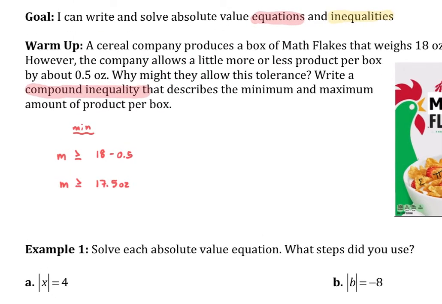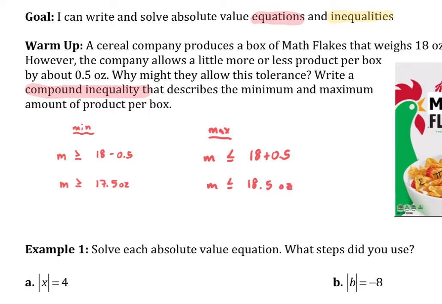Now, what about the maximum? Maximum is going to be virtually the same, except that it's going to be 18 plus half an ounce. And notice that this symbol is going to be different because it can only get up to 18.5, but not greater than. So it's got to be less than or equal to 18.5